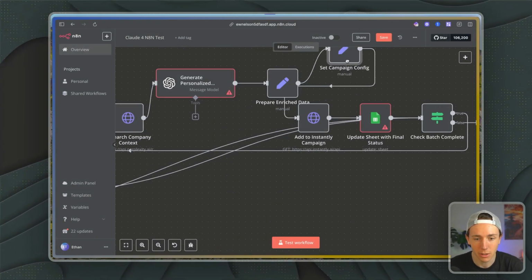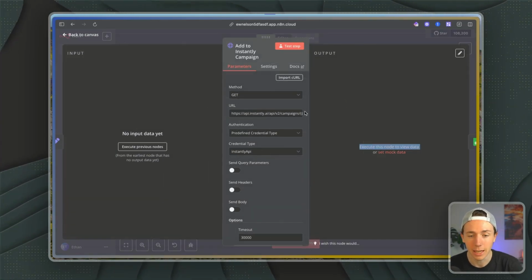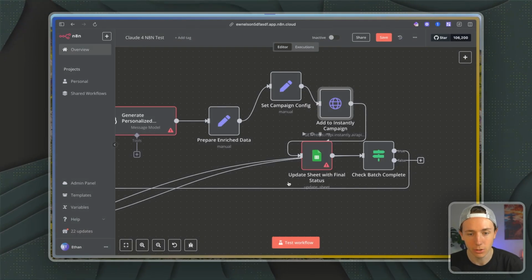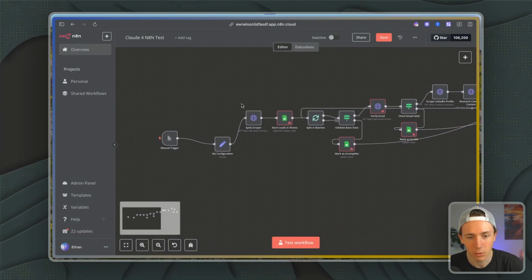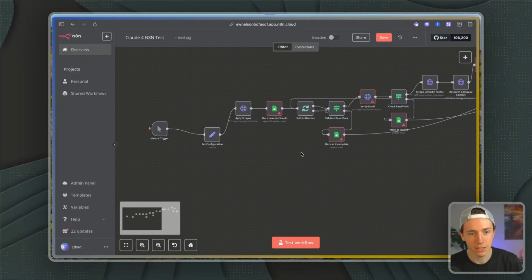And then it's preparing the enriched data, adding to an Instantly campaign. It's setting up all of the API calls for us. So these are literally the exact API calls that I'm running on my personal workflows. And then it didn't do great error handling. Usually I do on error retry or loop, and so maybe we can ask it to do better error handling, but